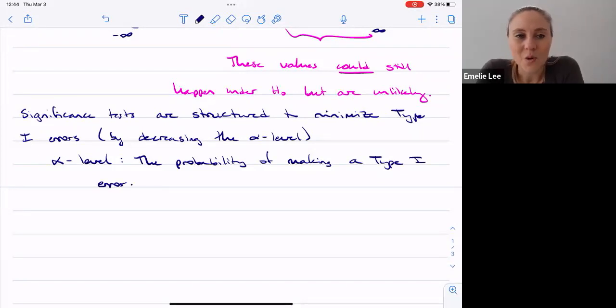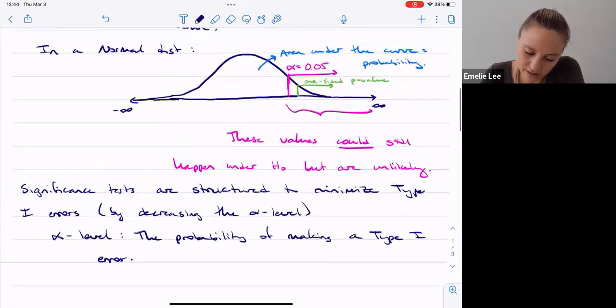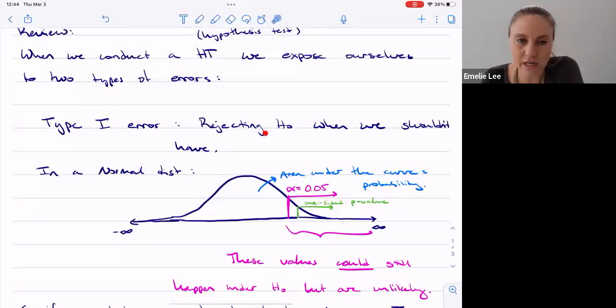Okay, so you can decrease that alpha level to make sure that you're not going to be rejecting H0 when you shouldn't have, right? And so we can kind of control that type 1 error rate by adjusting our alpha